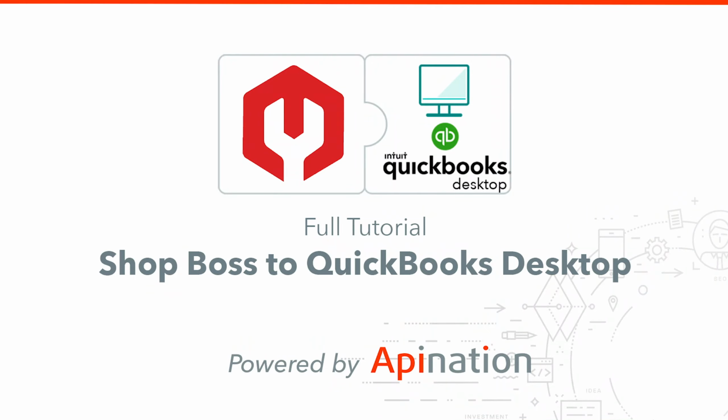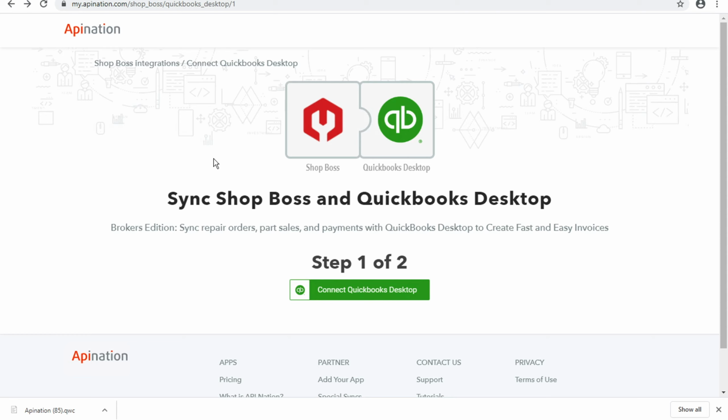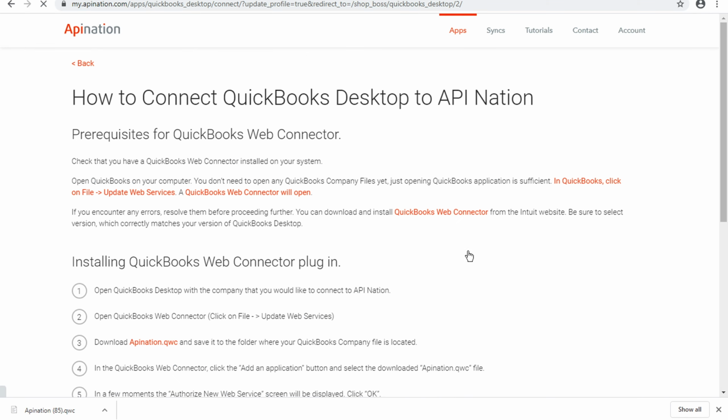Hey guys, Tyler here with API Nation, here to show you how to set up our ShopBoss and QuickBooks Desktop integration to get all of those part sales and all of those payments syncing from ShopBoss to your QuickBooks Desktop instance. So the first thing we'll want to do is click on that Connect QuickBooks Desktop button, which will take